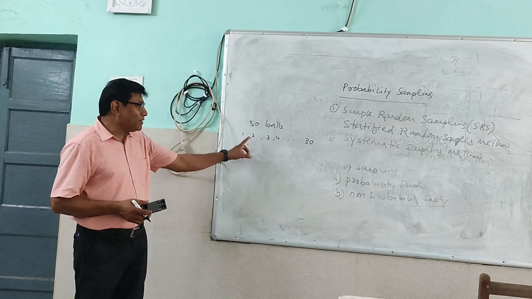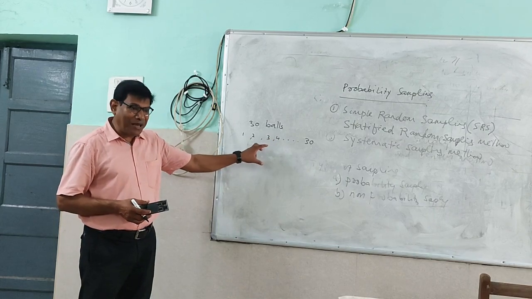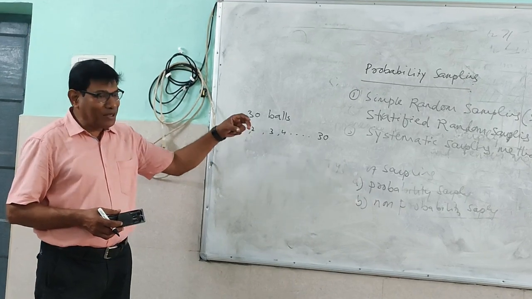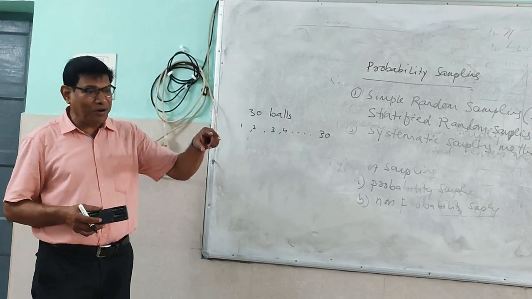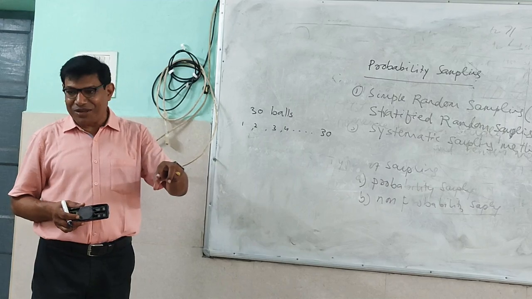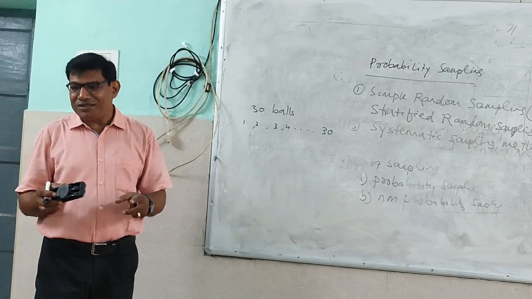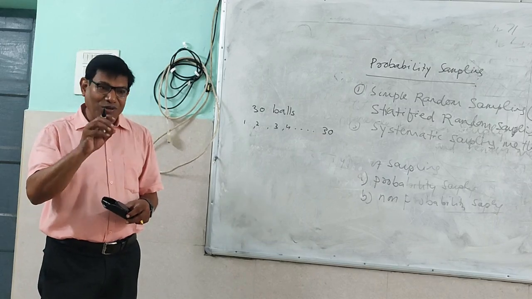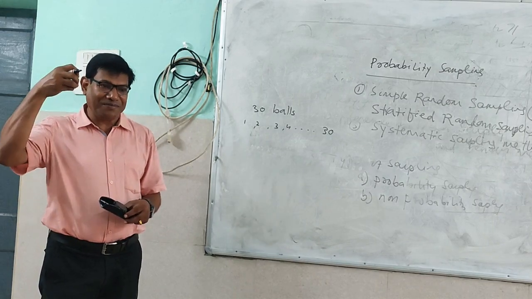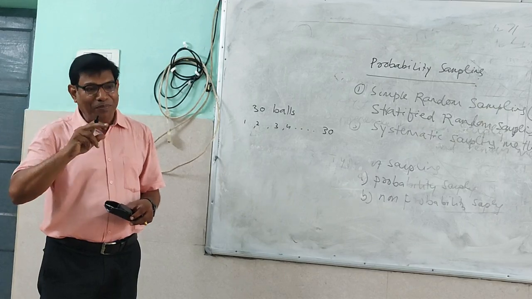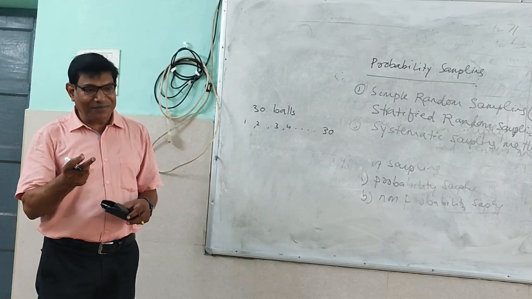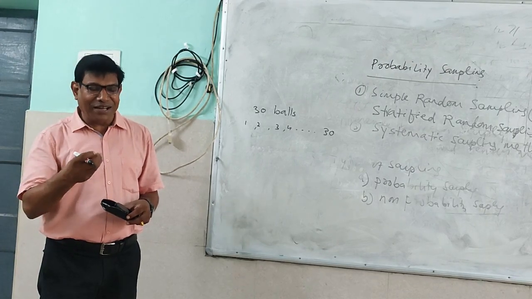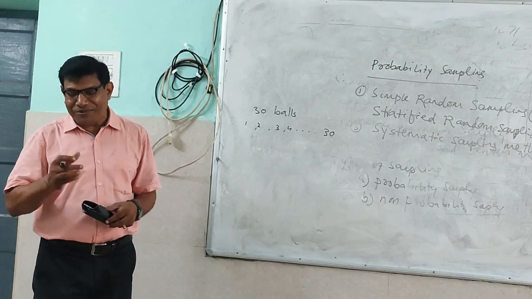So that is called simple random sampling. That means you have 30 in the population and you have to select 5 balls. So what you do is put all 30 balls with numbers 1, 2, 3, 4 up to 30 in a bag. Then mix all the balls randomly. Without looking at a ball, or with closed eyes, select 5 balls. In that case, every ball will have an equal chance of being selected. Any ball can come. Every ball will have the same probability. So that is called simple random sampling. Write down.